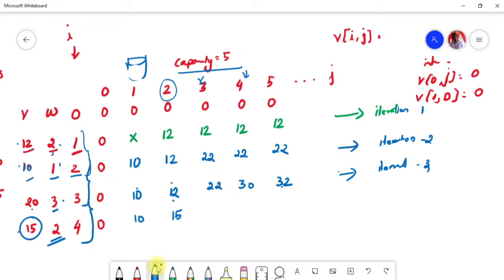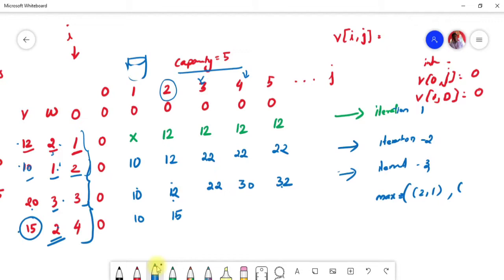Then what about the value? Find out the combination, the maximum of. Here I can use 2 and 1, right? I'm using the weights over here, not the item names.